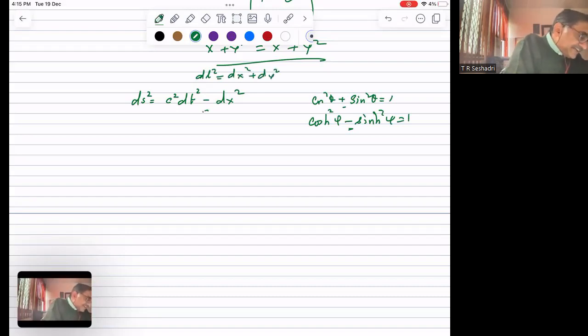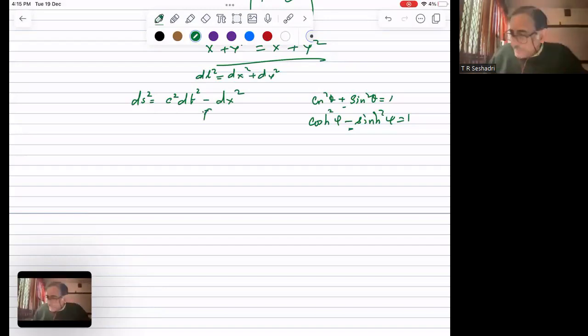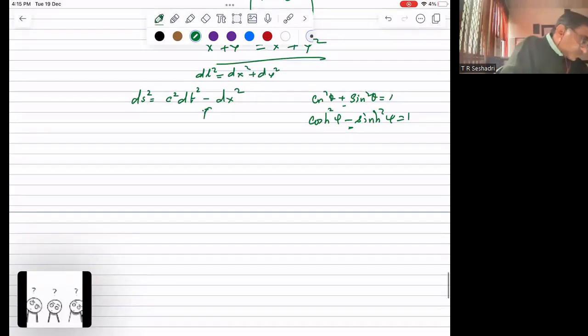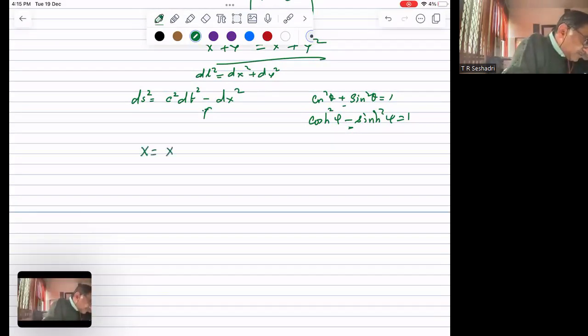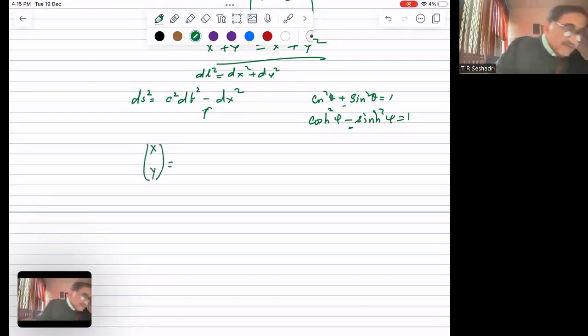So this gives an indication that just like I use cos theta, I should be able to use hyperbolic functions and get this back. And so what I can write is, I can substitute x, y equal to cos